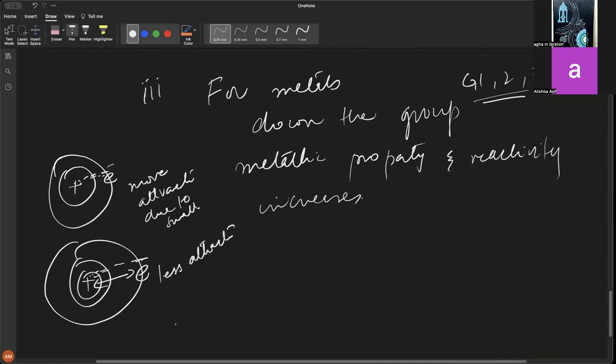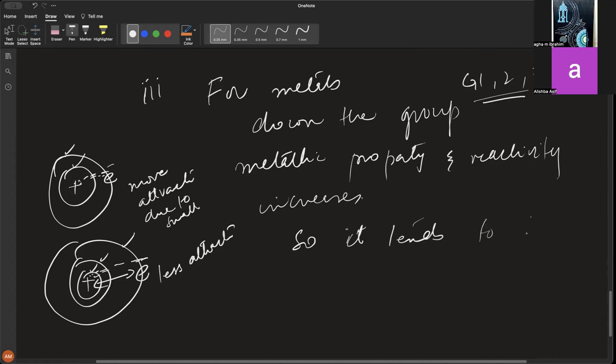Do you understand this point? Yes or no? As the size has increased, if you pull the magnets further away, their attractive force becomes weaker, right? If you bring the magnets closer to each other, their attractive force increases. Similarly, if you move the electron further away due to increase in the shell, it has only 2 shells, 1 and 2, but the shells over here have increased. If you move the electron further from the nucleus, its attractive force will become weak, and so it